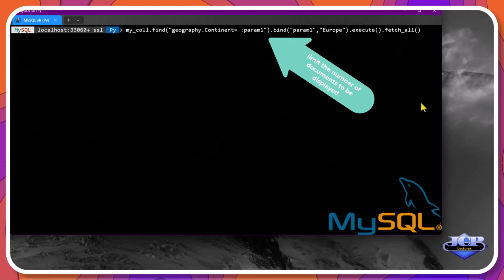With limit, we can select the number to be displayed satisfying a condition.